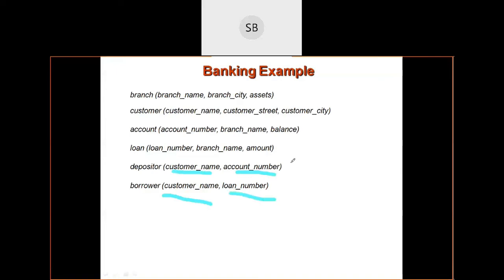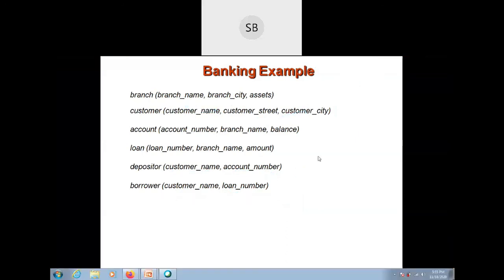So you require both tables, depositor and borrower. You do not apply the query on the customer table, because it does not include the loan and account details. Only customer details are included in the customer table, but account and loan details are included in depositor and borrower, which also have customer names. So you compulsorily require two tables, depositor and borrower.